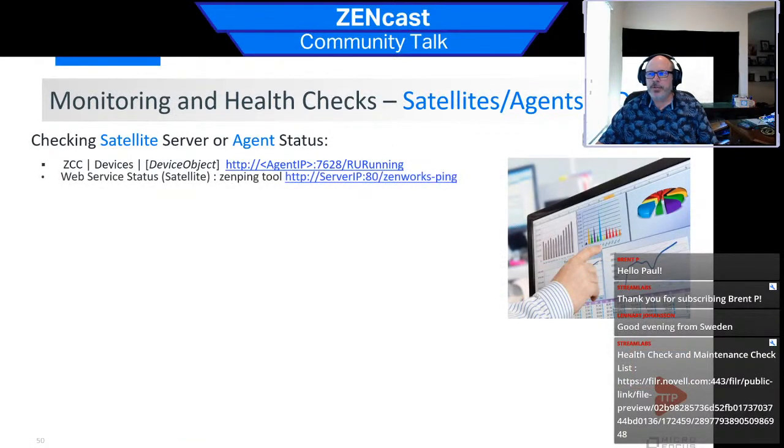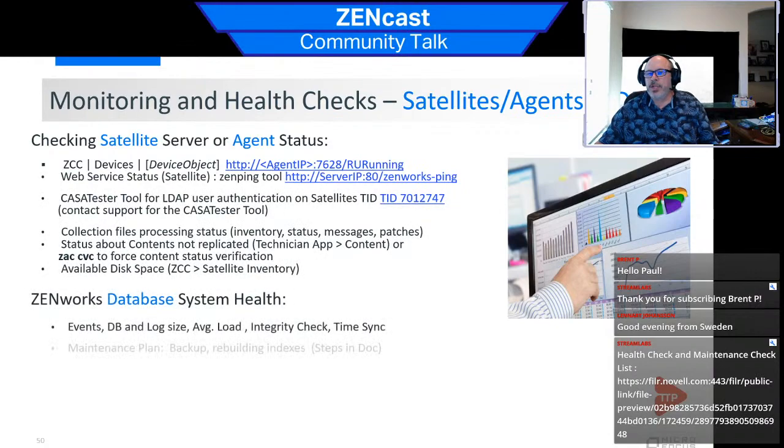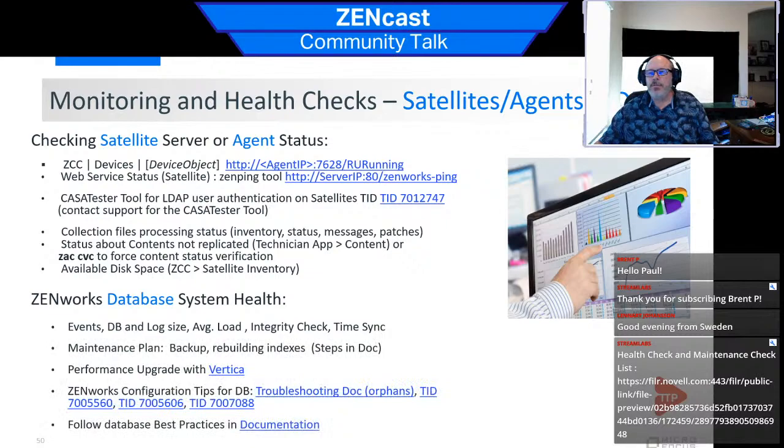Do some more monitoring and health checks for satellites and agent databases. So there's things you can run on the device itself to see if the agent's running properly and connecting properly. The ZENworks ping, the are you running? And then for authentication, there's a TID 7012747 that helps you better understand using the CASA tester tool when the agent is authenticating, should there be some issues with that. Collection files, processing, there's a bunch of processing going on, and they have their own schedules inherited to ZENworks, which can be adjusted in the ZCC. Some of them can. But you have inventory, status, messages, patches,